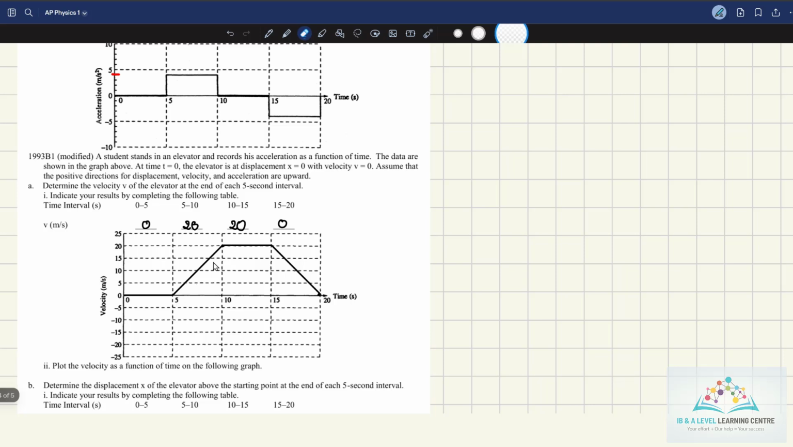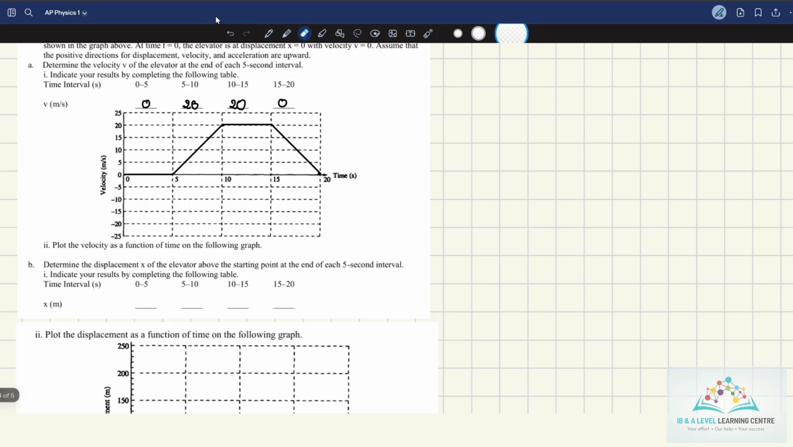Okay, it speeds up here during the next 5 seconds, from 5 to 10 seconds. Correct? Yeah, this is the correct answer. Well done. Question B. Determine the displacement of the elevator above the starting point at the end of each 5-second